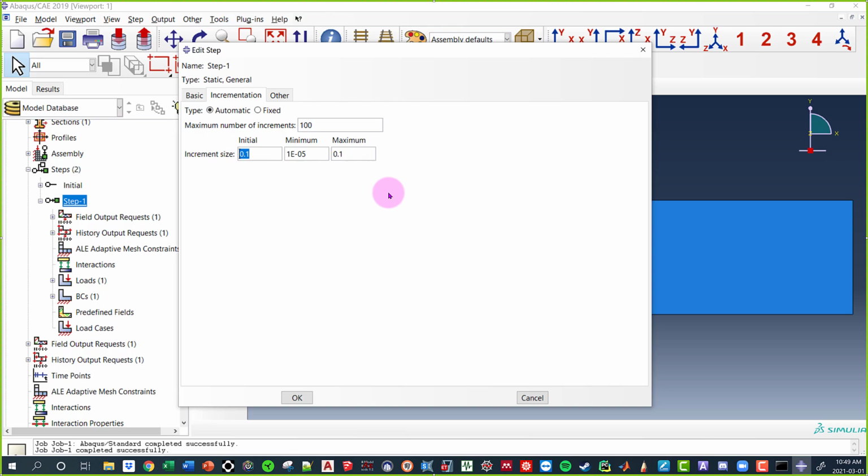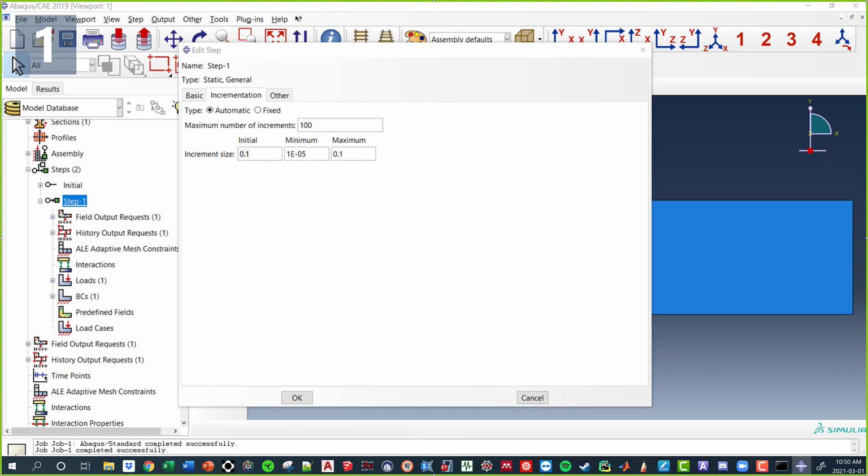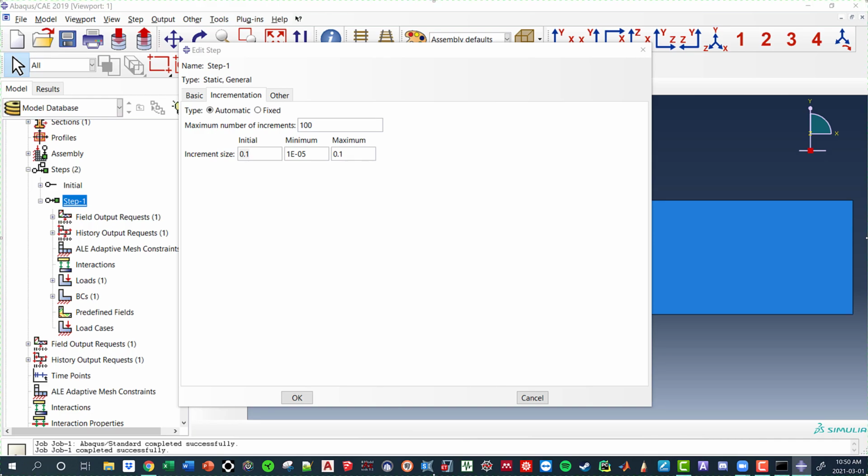This is something we're going to play around with a lot when we start dealing with plasticity, because it's going to become quite critical to you. Does that make sense? Hopefully. I'm going to go over to the other screen really quick to show you what this increment size means, because it's kind of difficult to understand, but once you get it, it'll be good to go. So I'm going to whip out the drawing board.